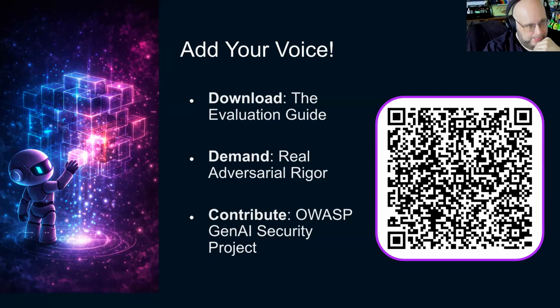That is it for the vendor evaluation guide. Now the next question is, what else are we doing? I don't have slides for this part of it, so I'll stop sharing this right now. But what we're doing in addition to this vendor guide, we are currently working on a red teaming manual. This is designed to be a practitioner's hands-on guide.